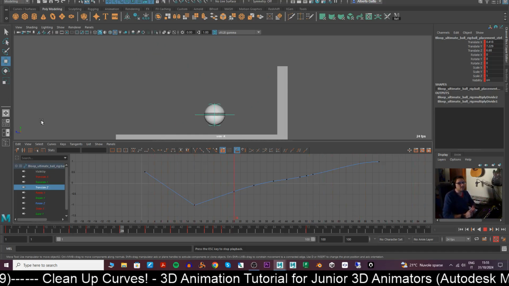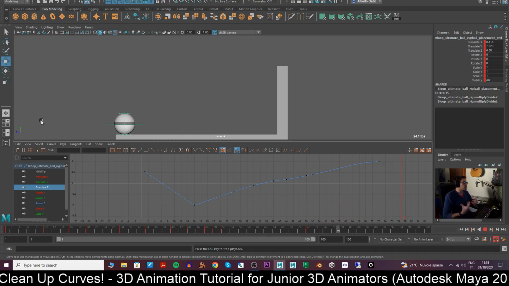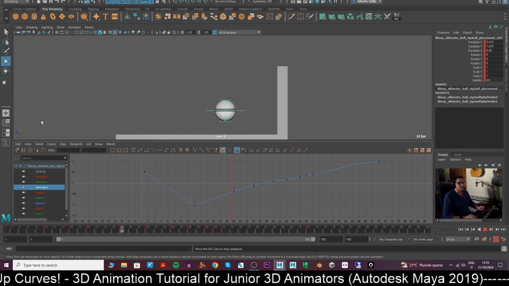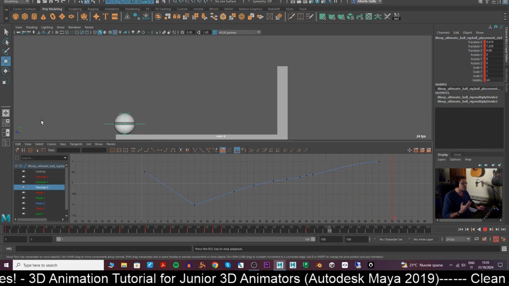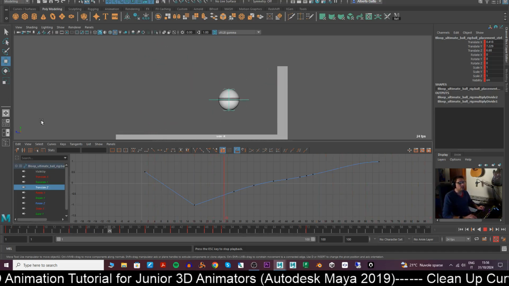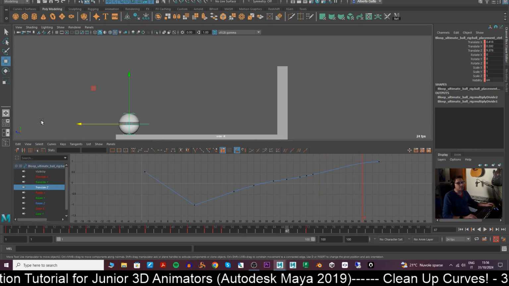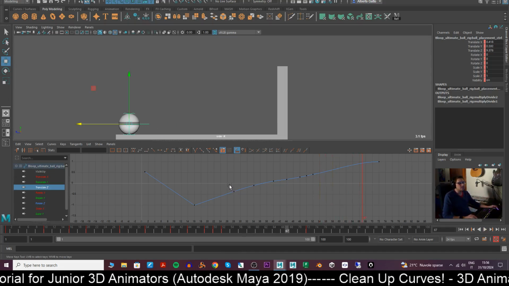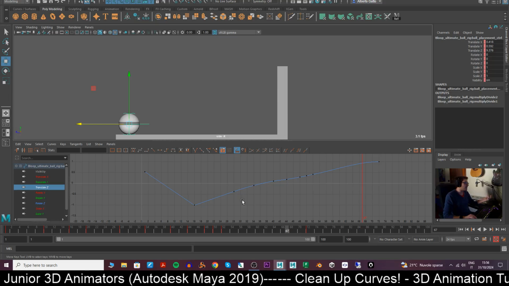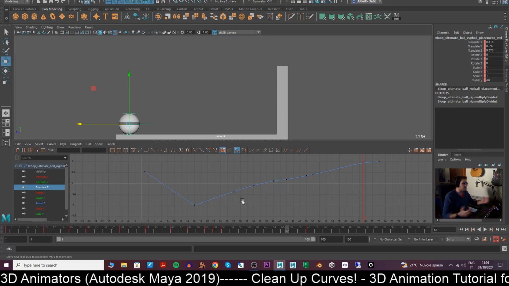There's something that I don't really like of it. So what we can do is starting to clean up this tangent, adjusting a little bit some keys,